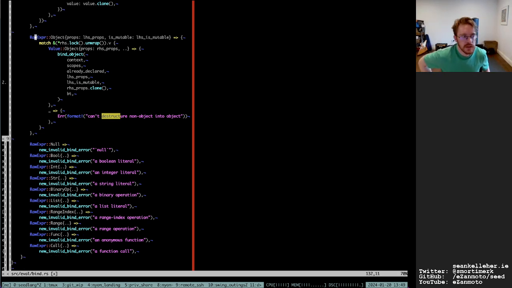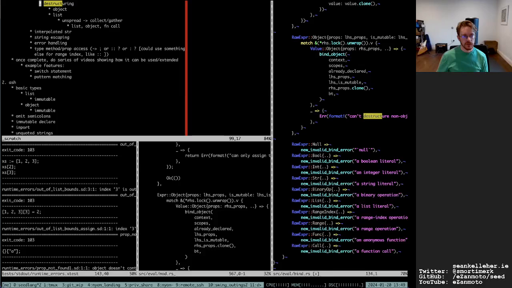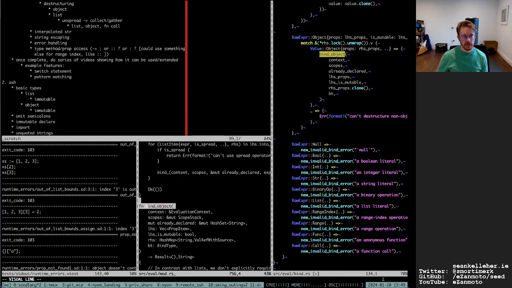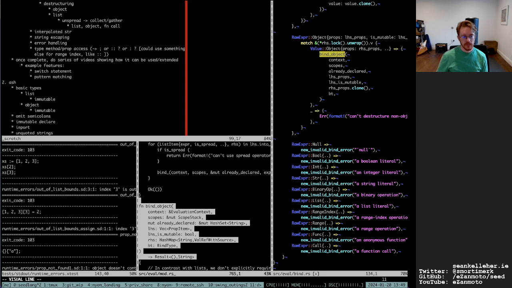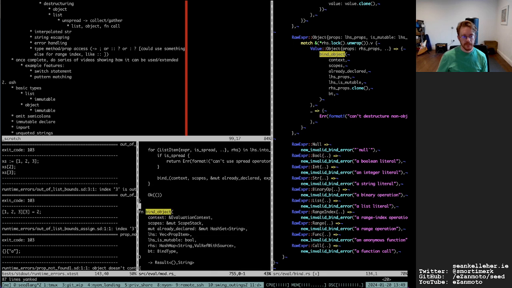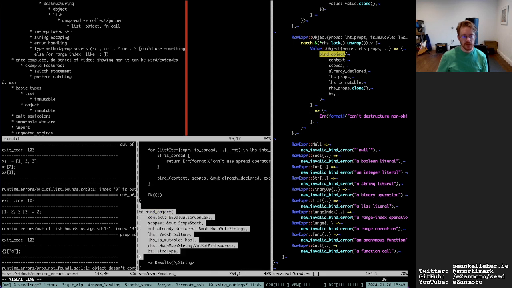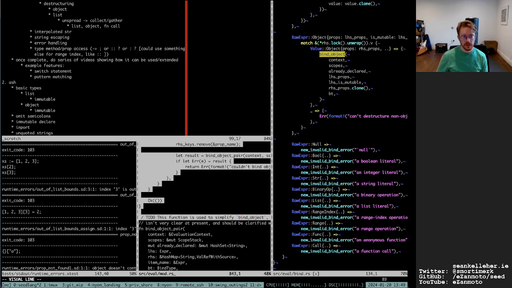I wonder will a test fail when I change this? I'd say not, but I'll just add new tests for this functionality, and so it calls bind object. And it looks like bind object also has a helper there.